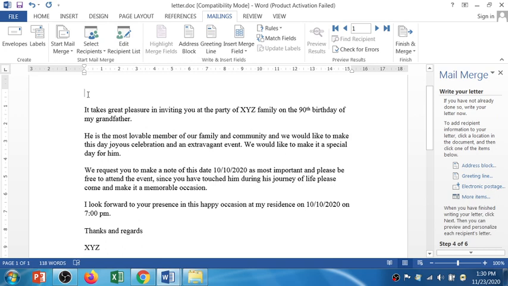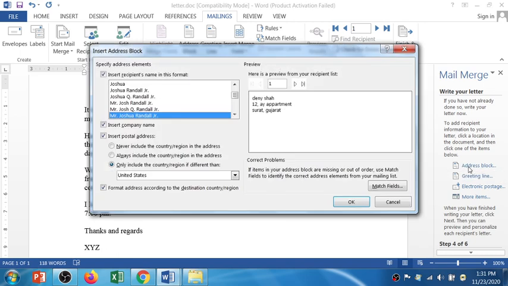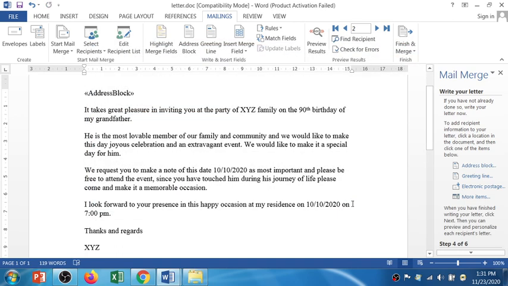Okay, so after preparing the letter, you have to add the address block. So I'll click on the address block. Which type of address block you will require, like Mr. See the sample data, and your related recipient data you can also get here. In whichever way, this is okay for me. So I'll just click. See, you can get all the preview, right? Address block is okay.